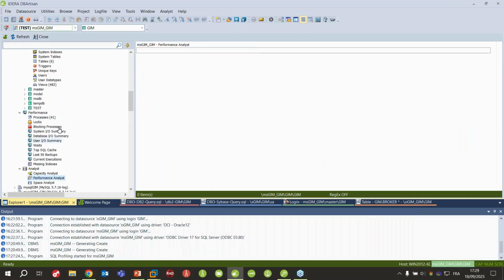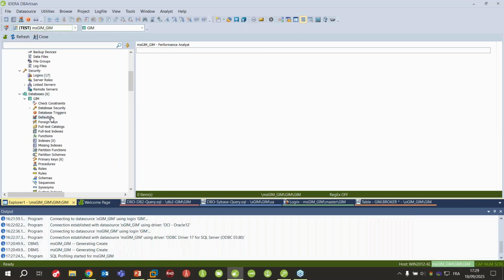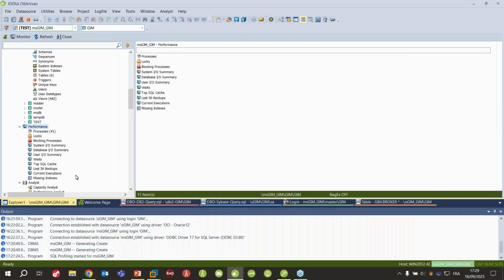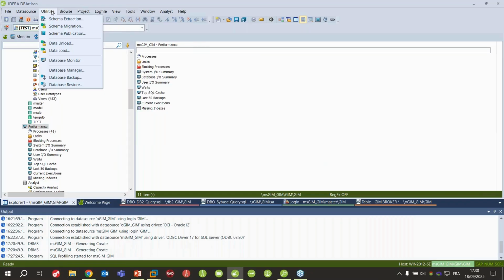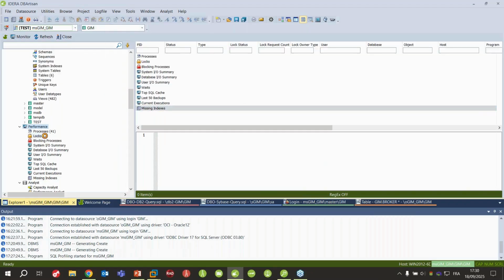So this is it for my performance analyst, and all the different monitors that we can provide for the different platforms. It was here in performance. Okay, and you can also use it from utilities, and you can, as you have seen when I was showing